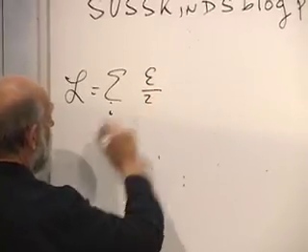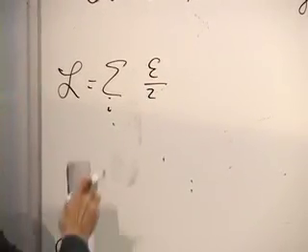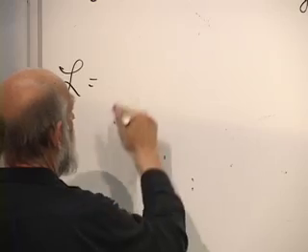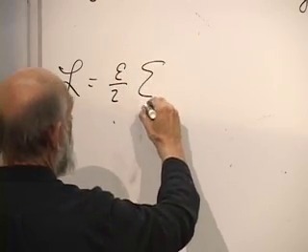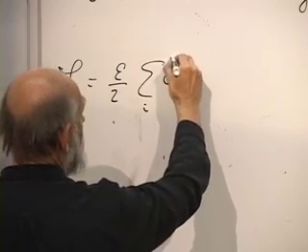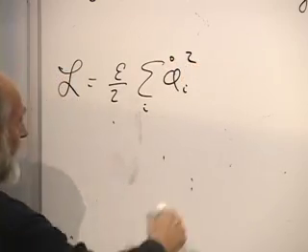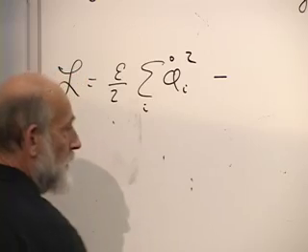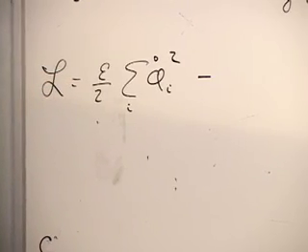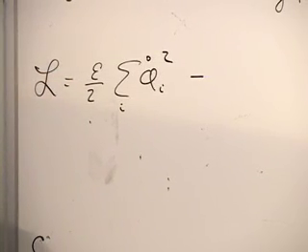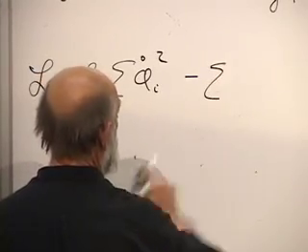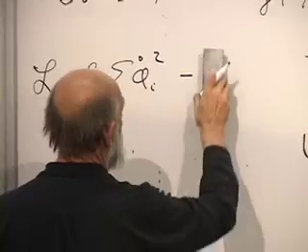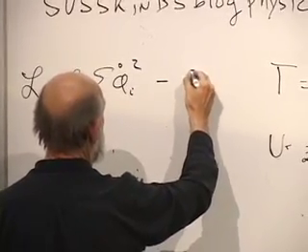I can take the epsilon over 2 on the outside. Epsilon over 2, summation over i, phi_i dot squared, and then another term minus U. Remember, you subtract the potential energy, minus summation, c squared over 2 epsilon,